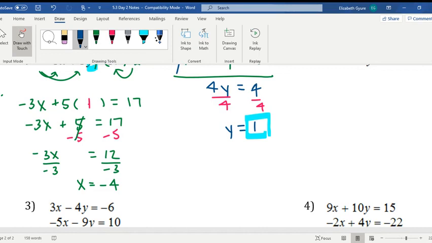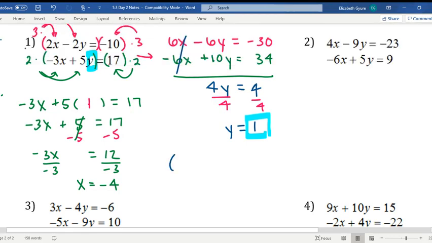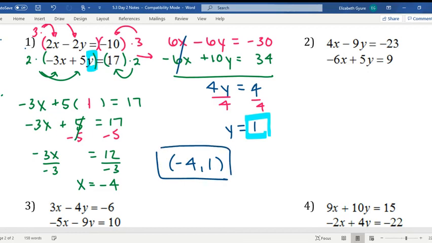Yeah. Hayden, is that what you were going to say? Oh, Corey, you said 1 comma negative 4. Yeah, make sure you put the x first. So x's go first. No, that's okay. X's go first. It'd be negative 4, 1. You knew to write it as a coordinate point. You flip-flopped it accidentally. All right, good. So that's all we're going to do for our